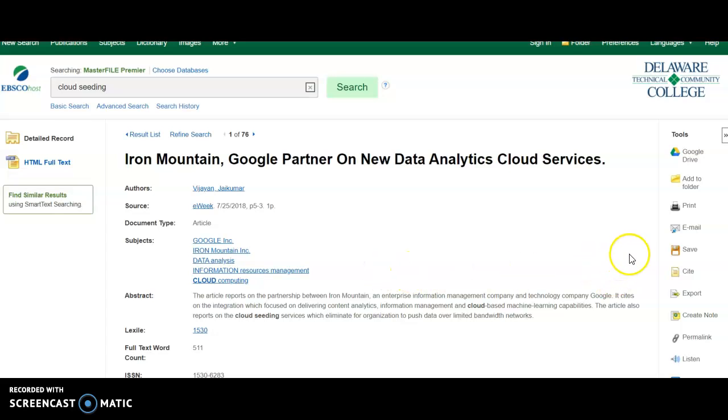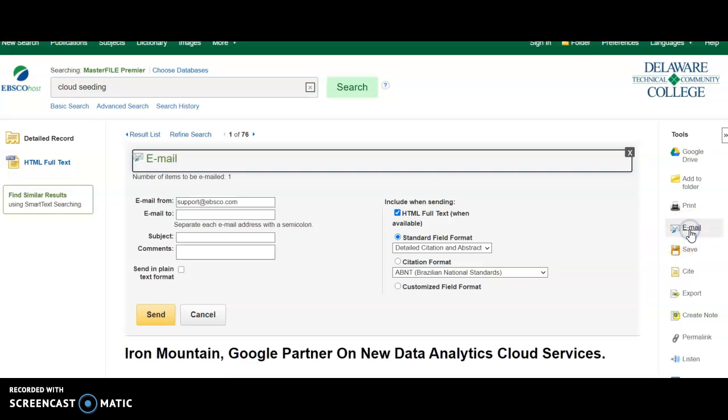if you need to send it to yourself so that you don't lose it, or if you need to email it to your instructor for approval, you can use the email feature right in the database to do that. You cannot just copy the web link from this article because it's a subscription-based database. That won't work. So go to the email, put in your instructor's email right here where it says email to,